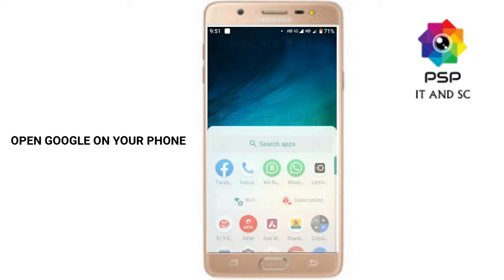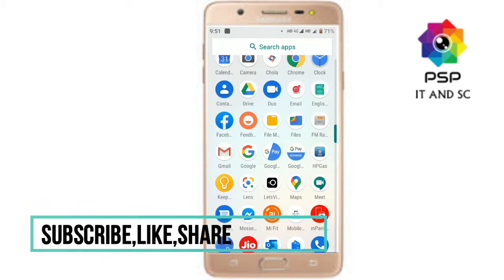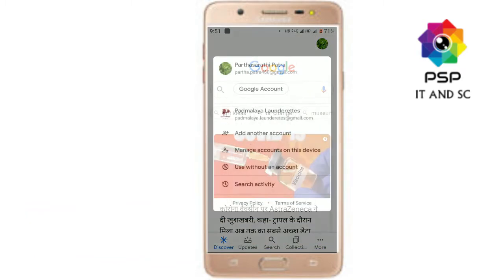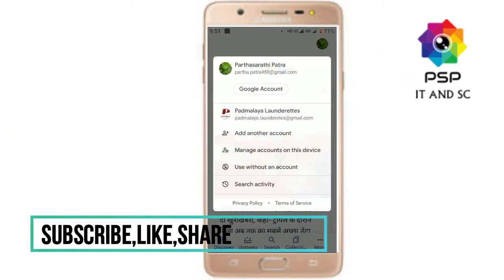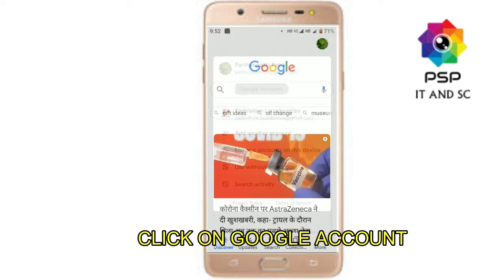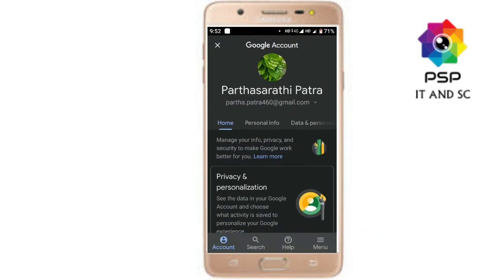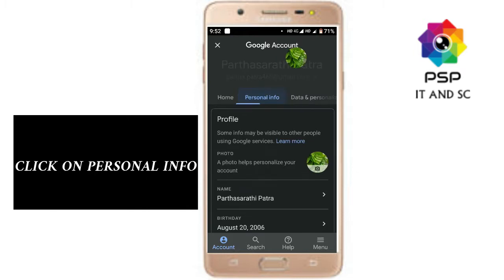So we will first open Google in our phone. Then we will click on the top right icon and click on Google account. Then it will show our Google account, and we will go to the personal info tab